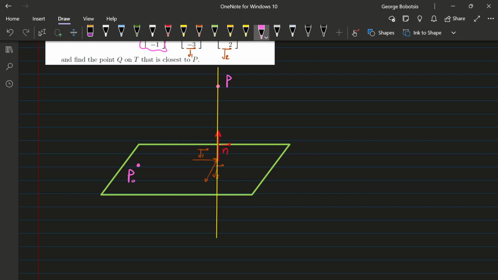Now, the concepts that we learned for the lines kind of follow through here, but not exactly. You have to do something different, obviously, here. So I still would connect P0 to P, just like I did previously, like this, and get the vector P0P. Like that. But then you go,